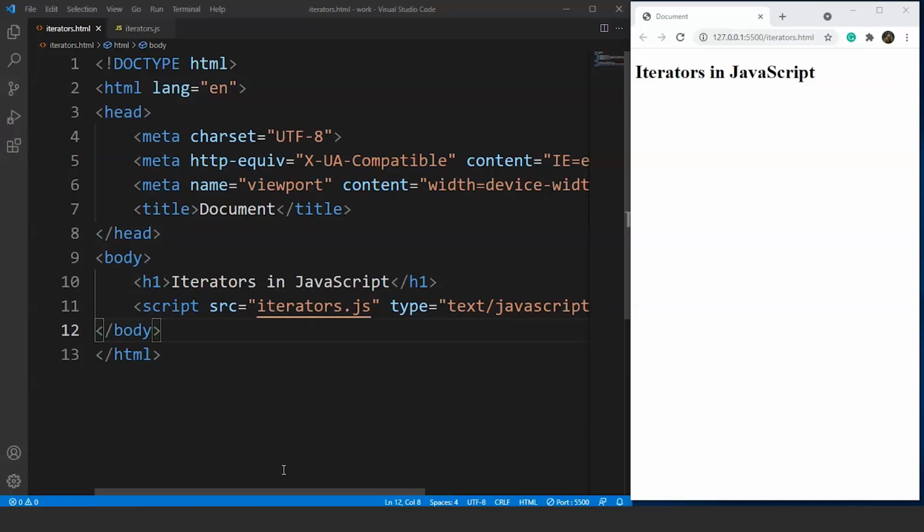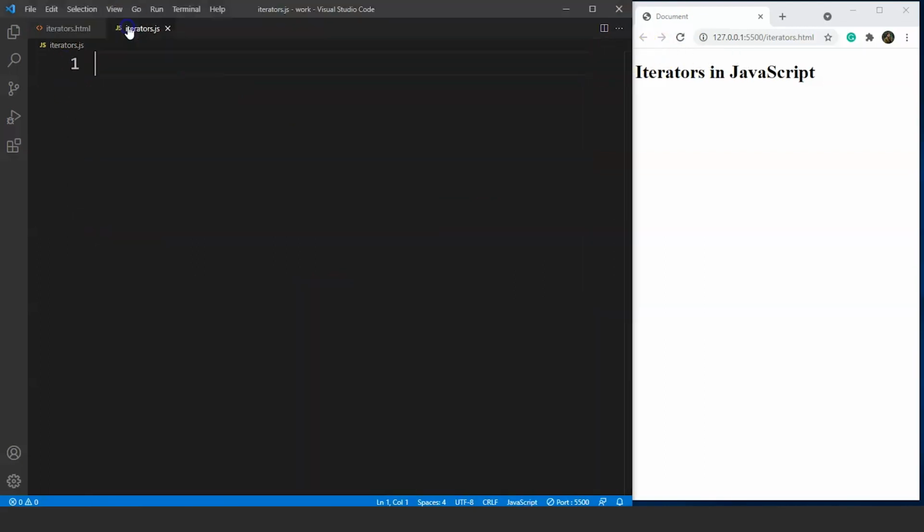Before we dig deeper into this topic, let's create an array here. So we know that an array is basically a single variable used to store multiple elements, right? So let's create one array here. We'll move to a JavaScript file and we'll create an array over here. So we'll write here arr is equals to. So this is the syntax for array. Let's add some elements as well. We'll write here BMW. Then we'll write here, let's say Audi. Then we have Mercedes. And then finally, let's say we have a company named Honda. Fine. So this is a simple array with 4 elements. They all are car manufacturers.